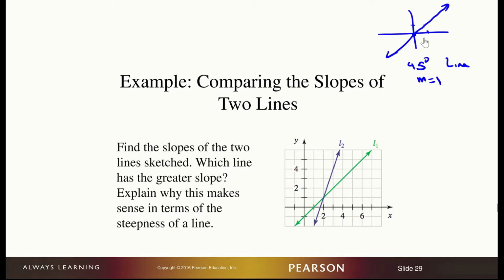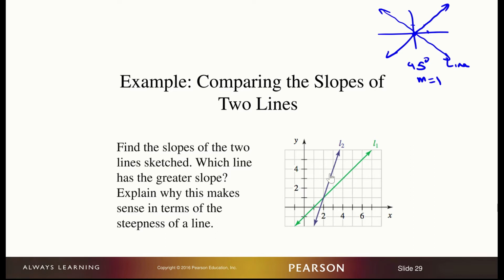Notice that the closer the absolute value of a line's slope is to 1, the closer it's going to look to either this line here or the counterpart with a slope of -1, like that. So basically,